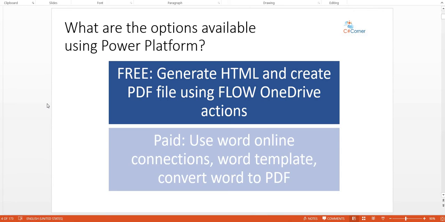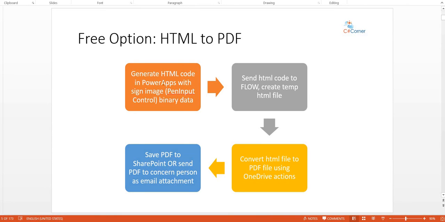You can create your Word template, and you or the admin user can easily change the Word template anytime. There are two actions available, which we will be using to generate a Word document and then convert it into a PDF file. So these are the details of the options we are going to look at.